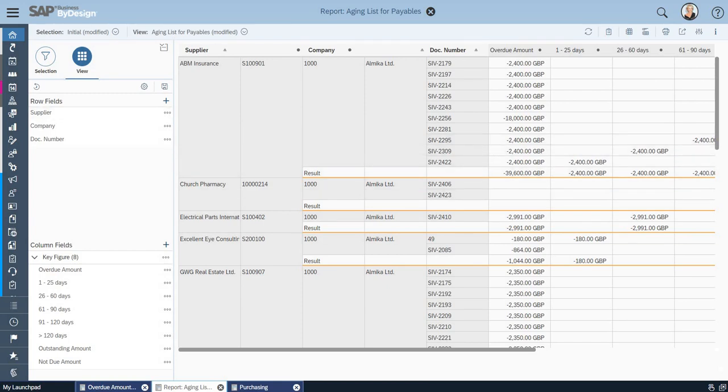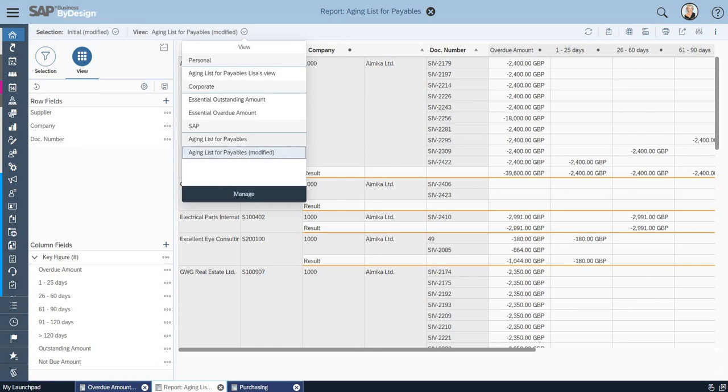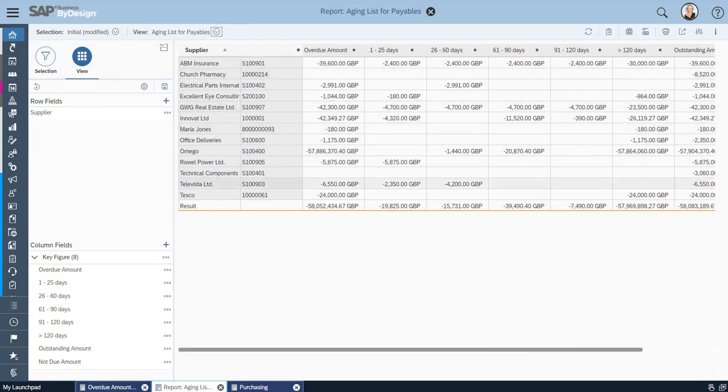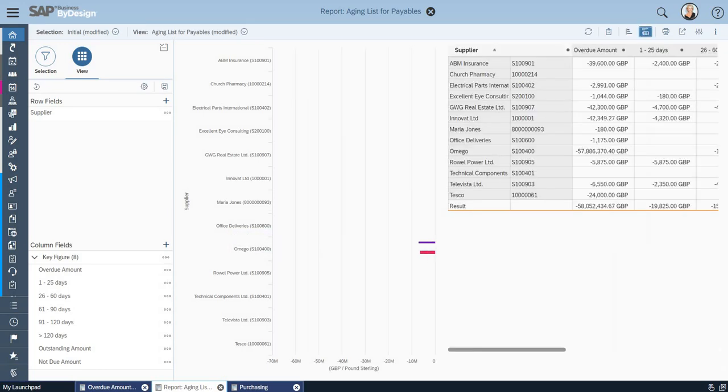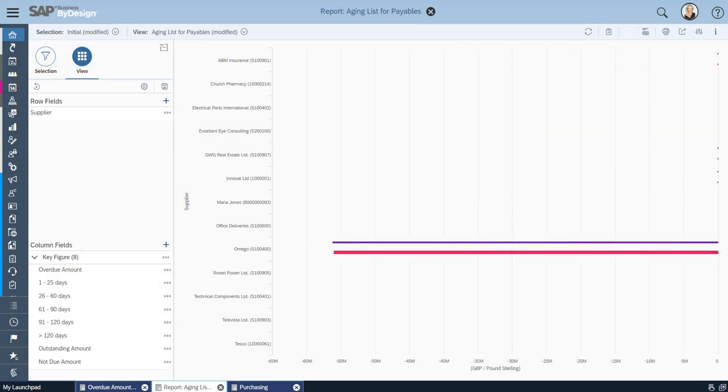Click on OK. That just refreshes the report and changes it as best you can. We have different selections and views. So if I change this view back to the standard aging list here, that brings it back to where we started. You can have your own personal views if you want to. On the right hand side, we can change this information into graphs, charts, etc. Make it more graphical, and also a split view, so we can actually have the aging list in a table view and how it looks from a graphical view perspective. From an analytics perspective, you've still got the drill in capabilities. So if I move this back down now to my table view,